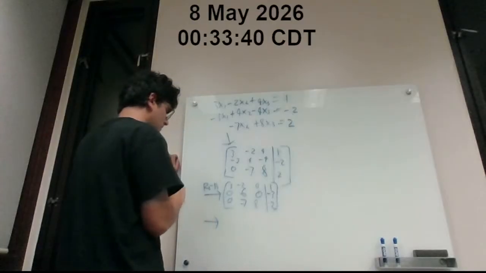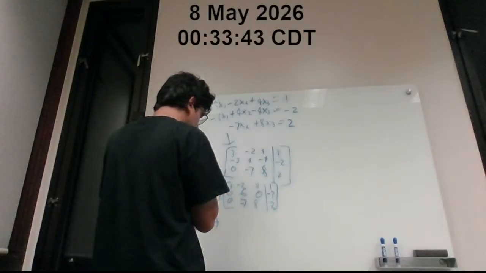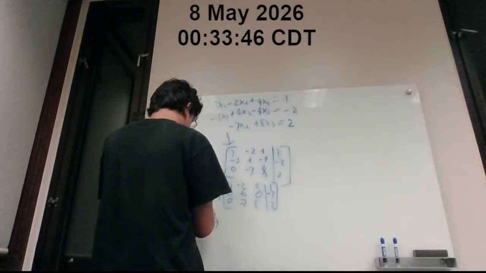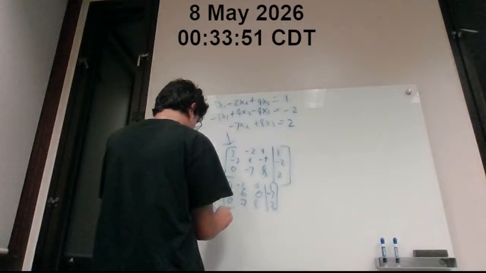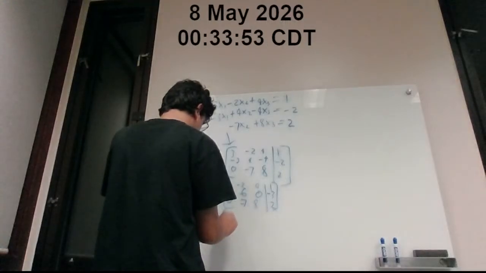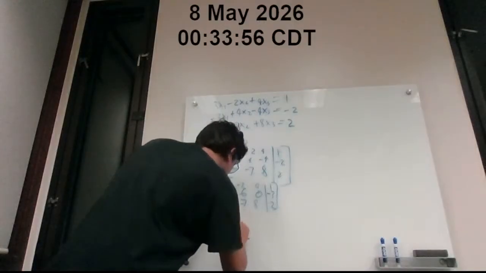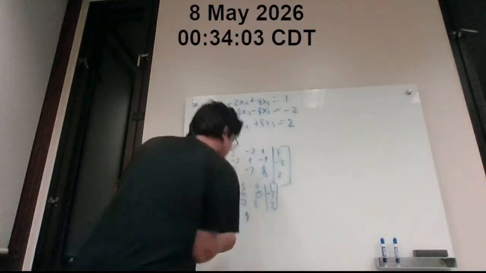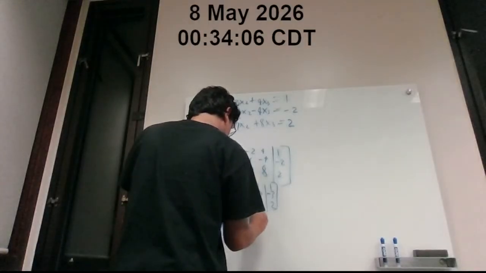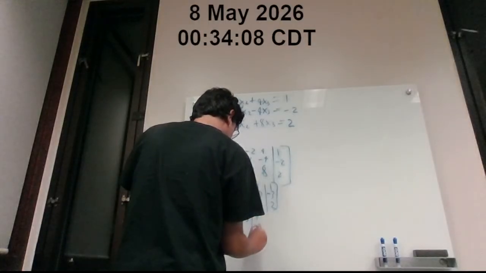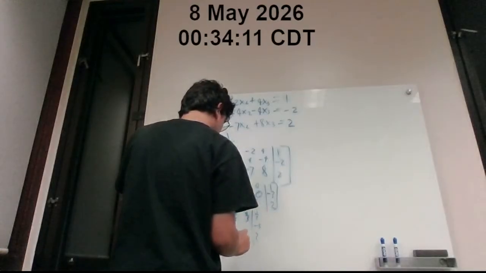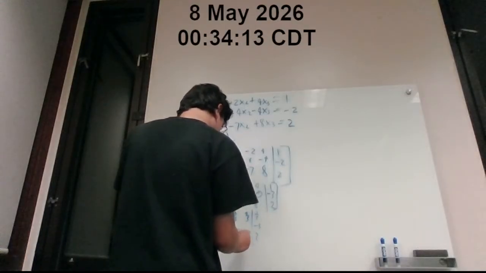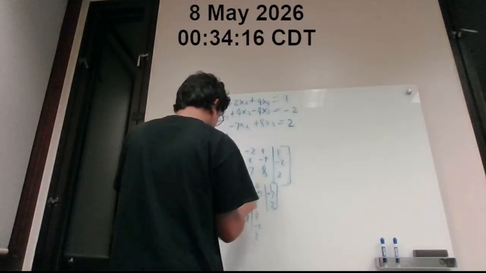So what do we want? We want this to become 1. So what do we do? We take 1/3 of R1, so that becomes 1, minus 2/3, minus 2/3, 4/3. Okay. We're not fully reducing this, so it doesn't matter. This 8 doesn't really matter that much. Well, no, it should be 1 eventually, but I realized we could technically subtract these out, but